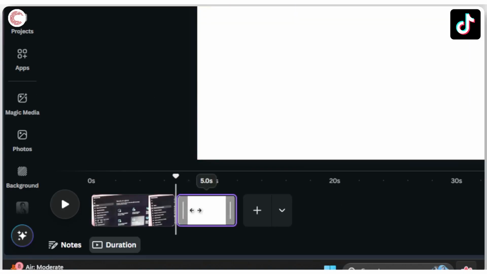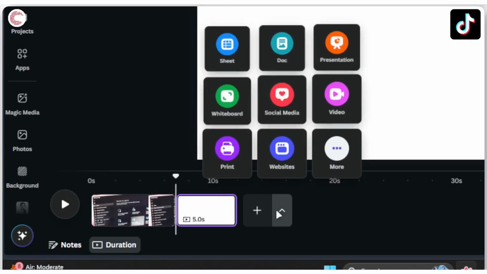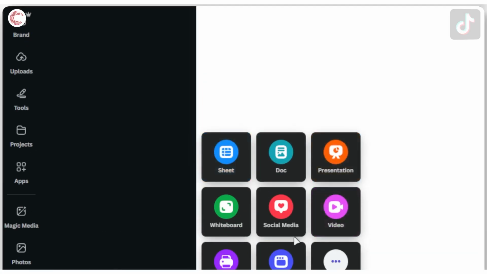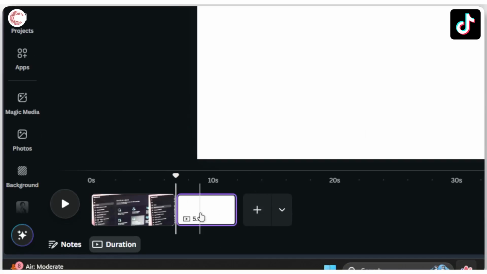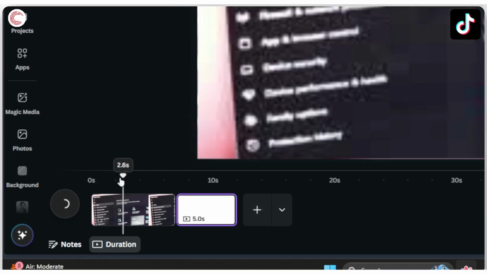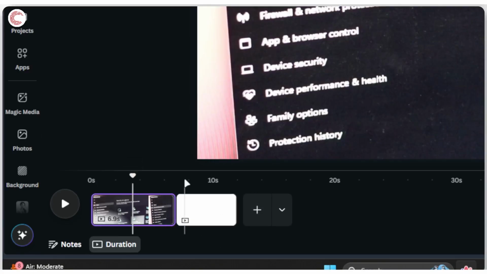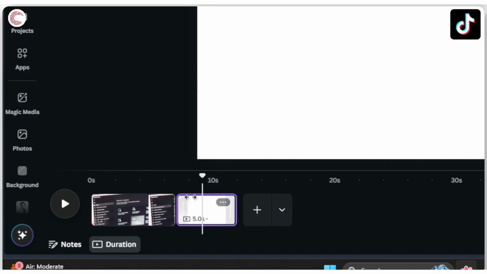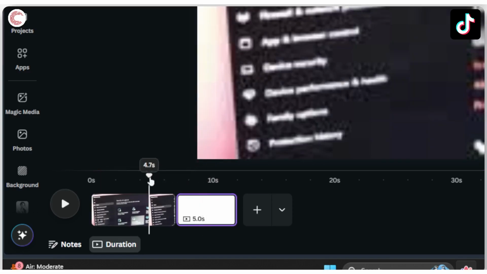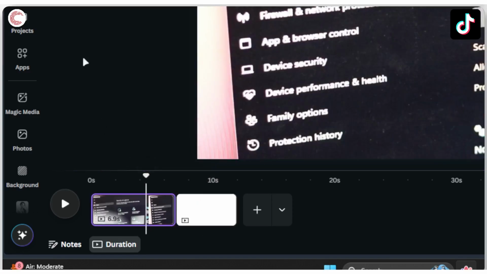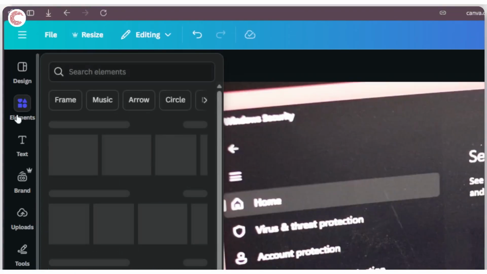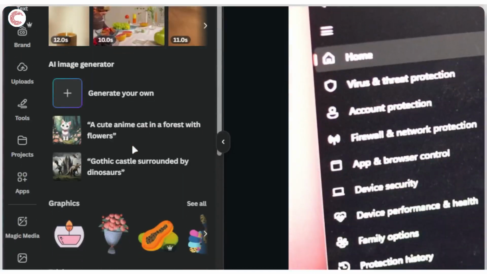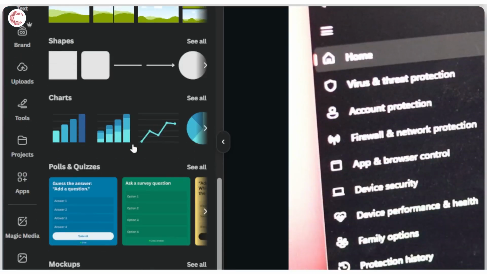You can add more pages. So this will be another clip. You can select and add different things. So you can add a whiteboard, social media, printouts, websites, sheets, and so on and so forth. But different shots of your video will be considered as different pages in Canva, and you're going to be playing between those pages. So for example, if I head over to the Elements tool, scroll down to find videos,